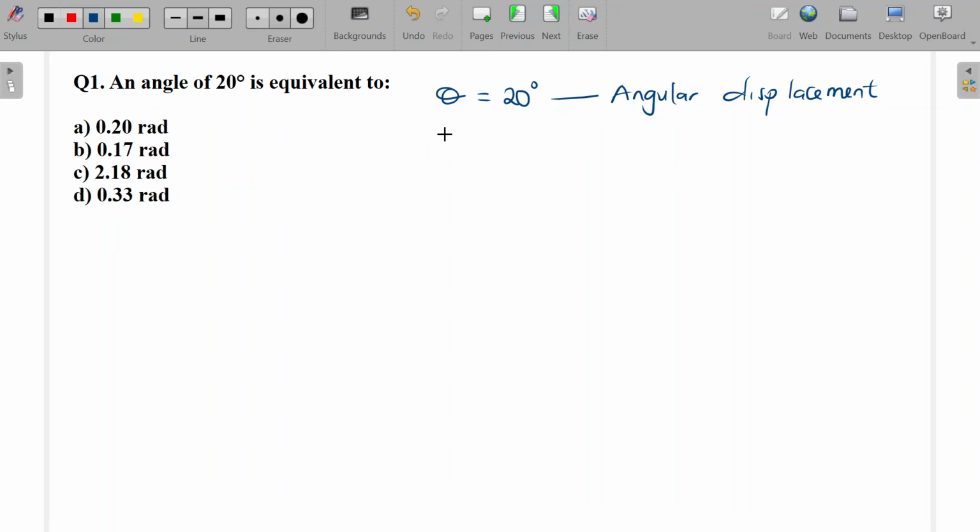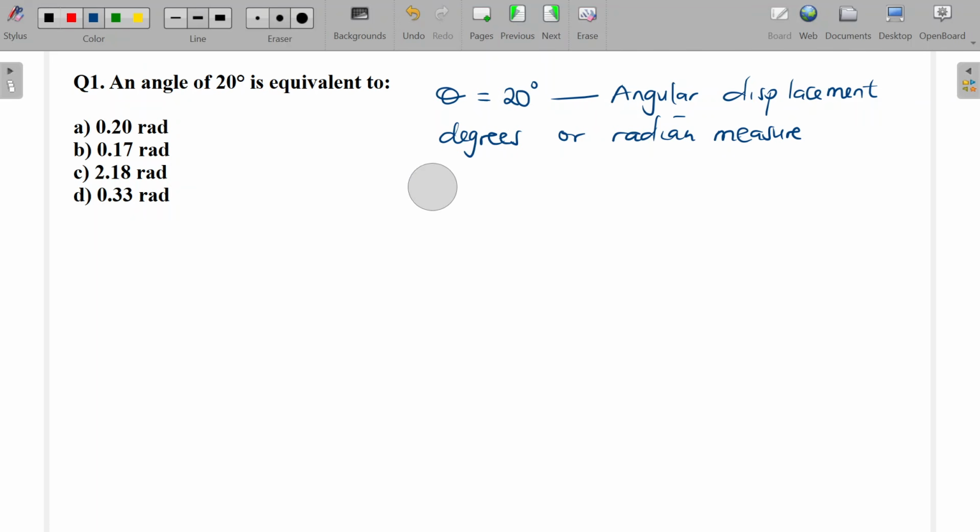You can either write it in degrees, or radian measure, even revolutions you can do that. So this question is asking us to convert from degrees to what? To radian measure. So there is a conversion factor which you need to know,